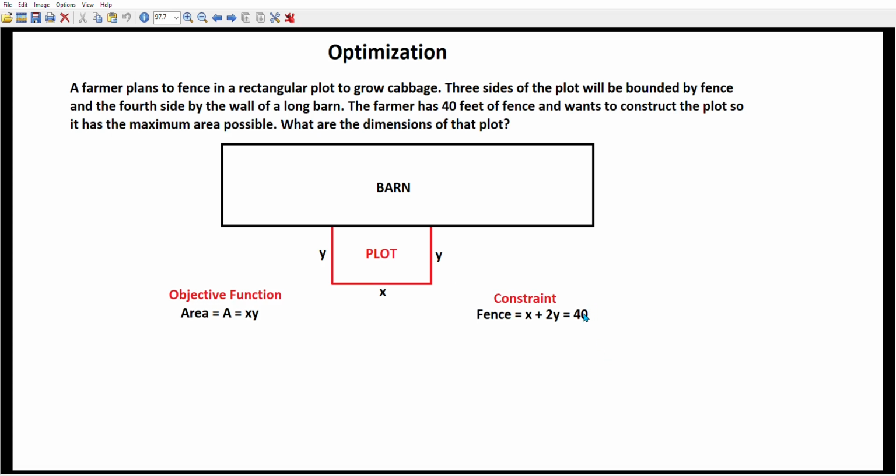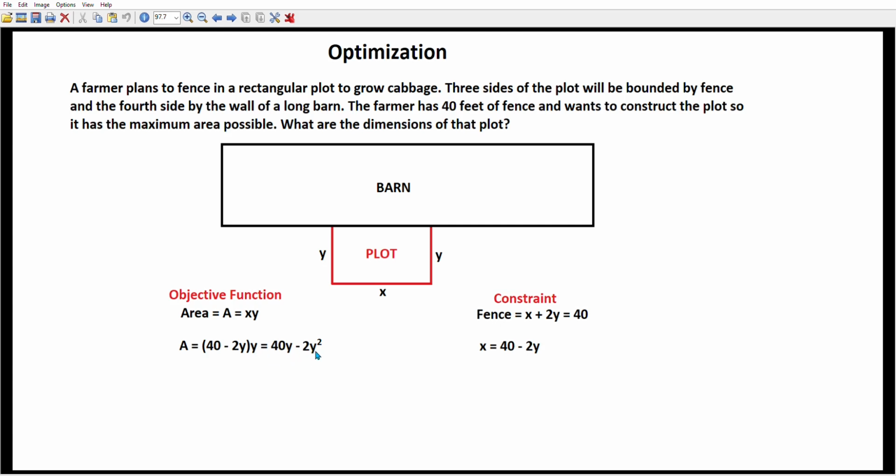At this point, we want to use the constraint to change our objective function to a function of one variable, because the only sorts of functions we know how to maximize or minimize are functions of one variable. So we solve this for one of the variables. X is 40 minus 2y. We could have solved for y as well. And now we take this information and we put it back into the objective function. And you'll see that the x has been replaced by 40 minus 2y, which I've multiplied out to get 40y